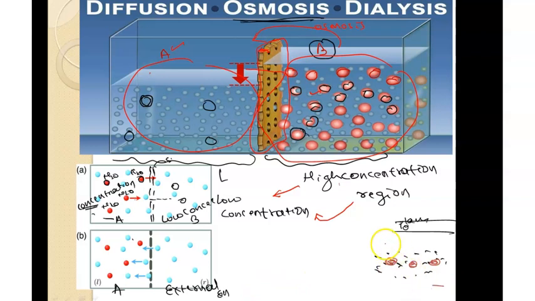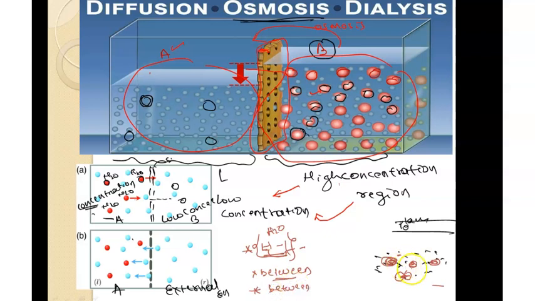Exchange can happen between a cell and its outer environment, and if there are two adjacent cells attached to each other, then exchange will also happen between the cells. Ultimately the exchange should happen from high concentration region to low concentration. This is the main funda we have in the osmosis process. The exchange of water molecules should happen from higher concentration region to lower concentration, either between cells or between the cell and its external environment.